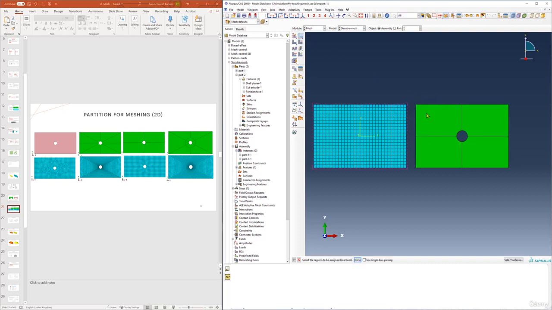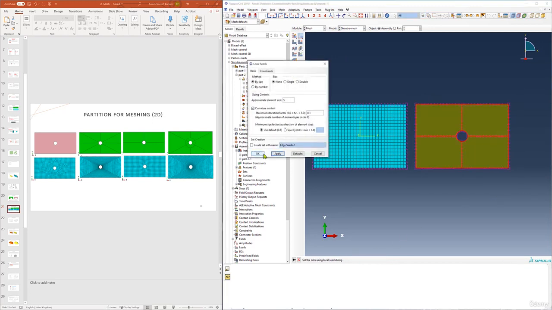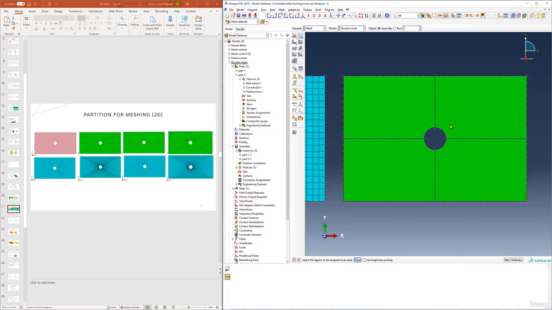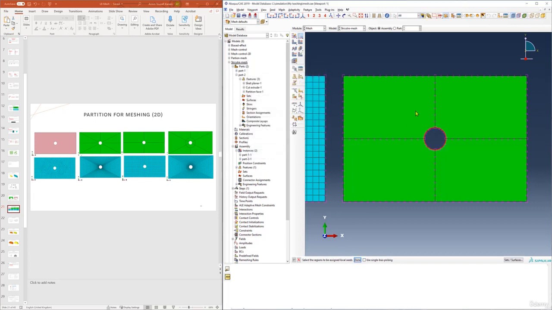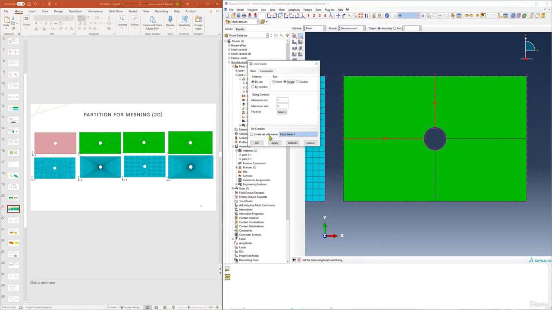So let's say if I want to apply a mesh on this one, so I'll say that this is 5 everywhere. Then I want to actually reduce element size on these ones. So what I will do, I will first select these edges. I select this one, this one, this one, this one. And then let's say I will make this one 2. And then for this, I'll select this one and this one, and this one, click on done, and select single, apply,